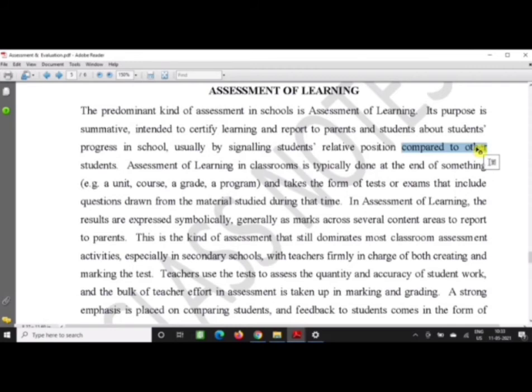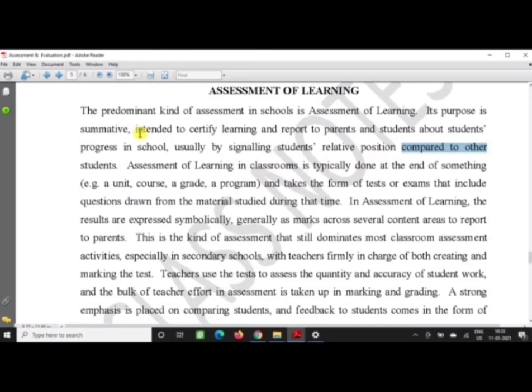Because when you compare his percentage with another child who has scored 96, just the next child to 98%, then only you can say that the child is the topper, because no one else has scored 98.